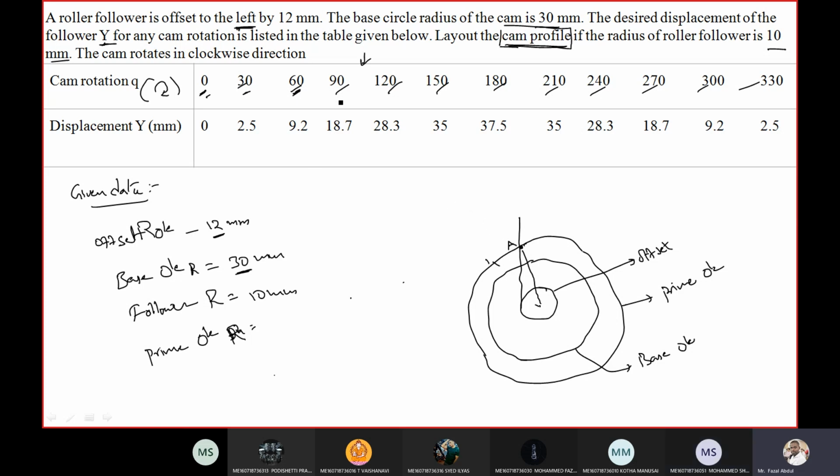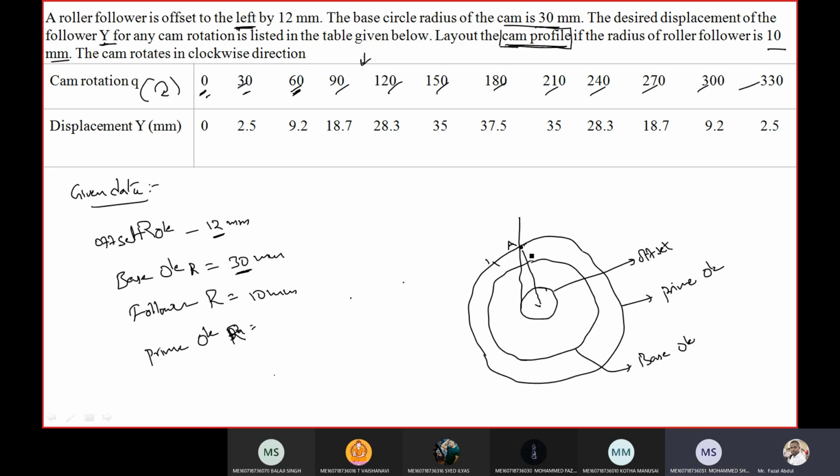Whenever you find such a situation, where the displacement diagram is not appearing and the displacement table is given directly, at that situation we need to draw the prime circle for easy completion. With the base circle also we can complete. Whenever we draw the prime circle, we have to divide it into equal parts. While drawing the cam profile, we take the measurements from the prime circle.